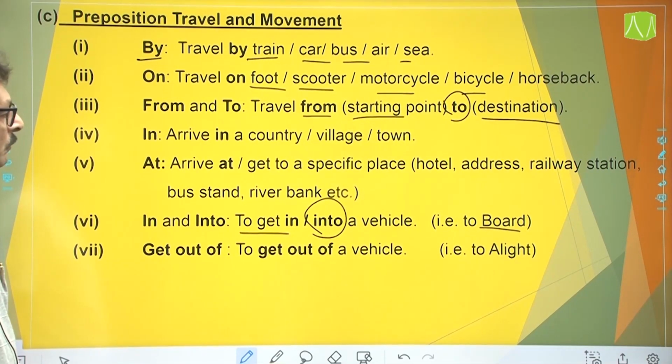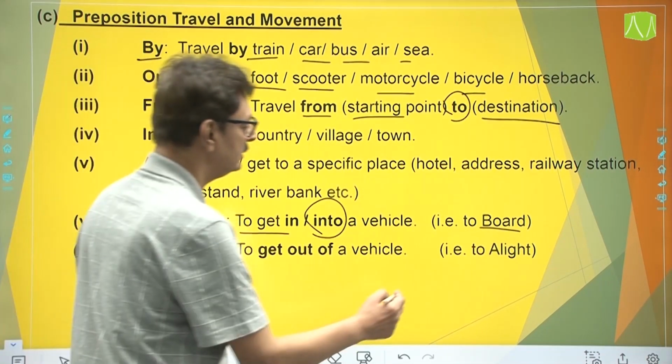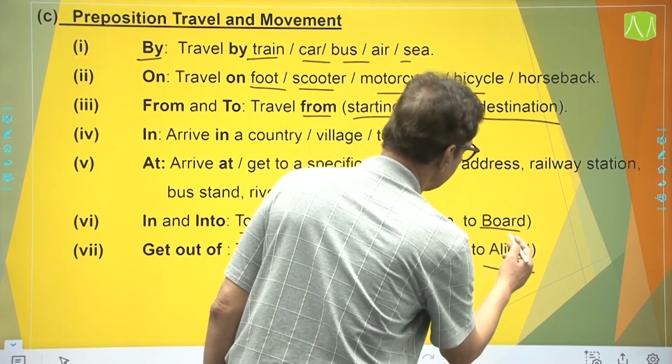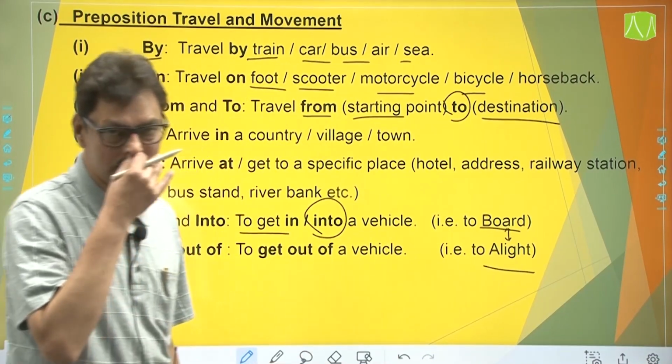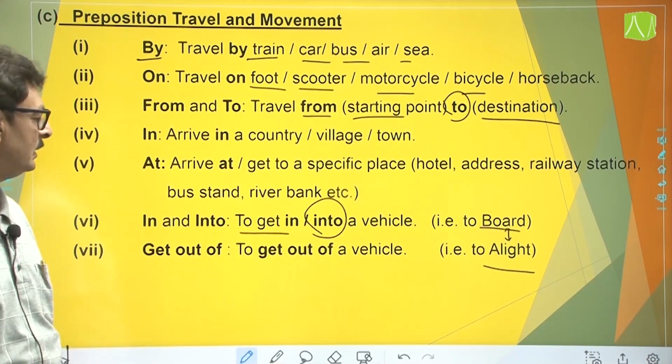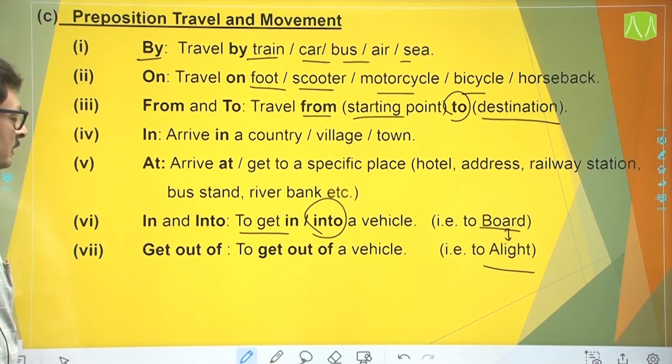Get out of. To get out of a vehicle, that is to alight. Yes. The opposite of board is alight. Board is to enter. Alight is उतरना बोलते हैं. ट्रेन से उतरा. He alighted from the train. To get out of a vehicle, use